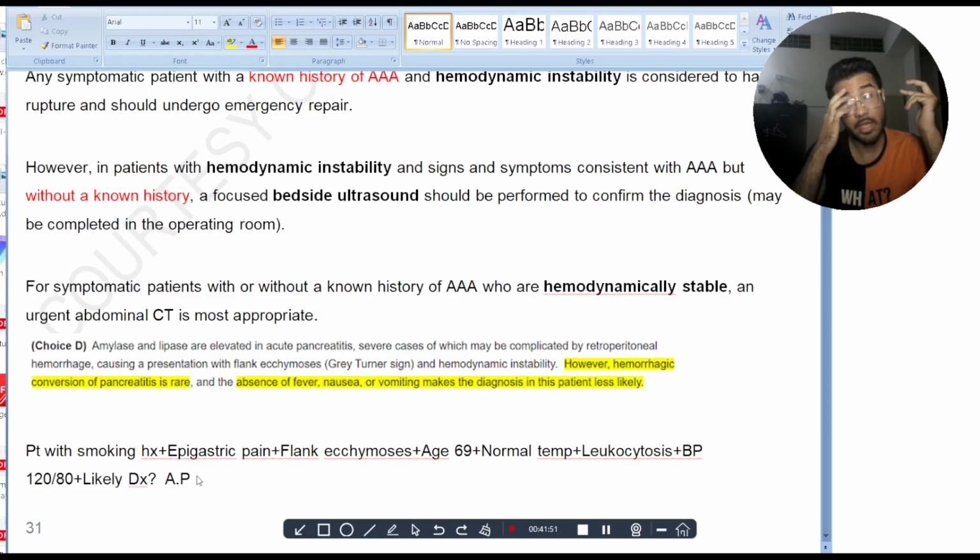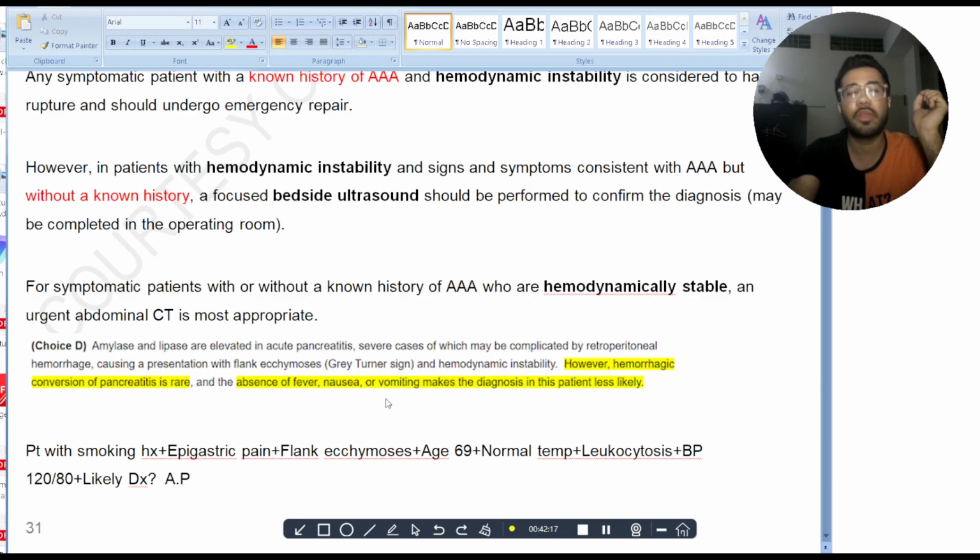So when is the diagnosis in this scenario going to be abdominal aortic aneurysm that is unstable? It's going to be if the patient has no leukocytosis, that is a normal CBC, and the patient has a blood pressure of 80 or 60. It's going to be considered hemodynamically unstable, which is not likely in acute pancreatitis, so then it's going to be abdominal aortic